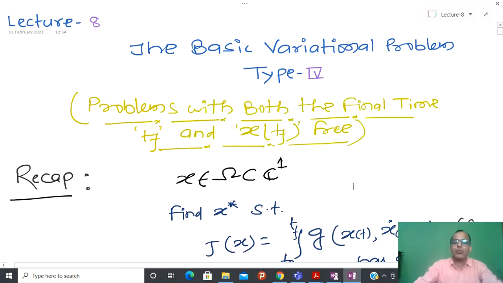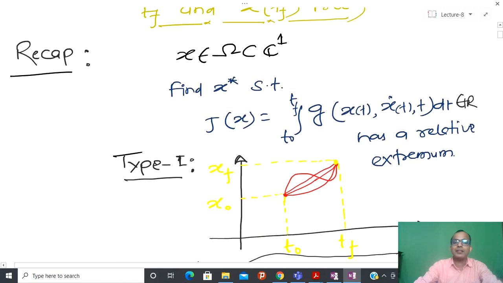What we have observed so far is that I have some function x(t) that is continuously differentiable, and we assume that this x star belongs to the above class, and we have to find that x star such that this functional, defined like g(x(t), x dot(t), t), and here g